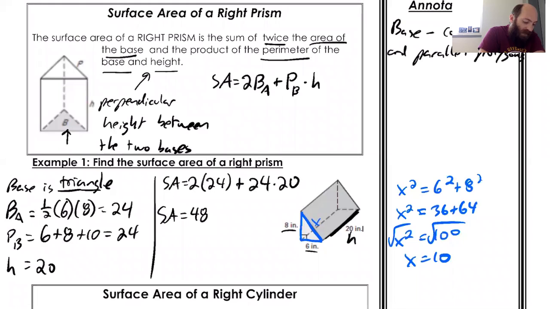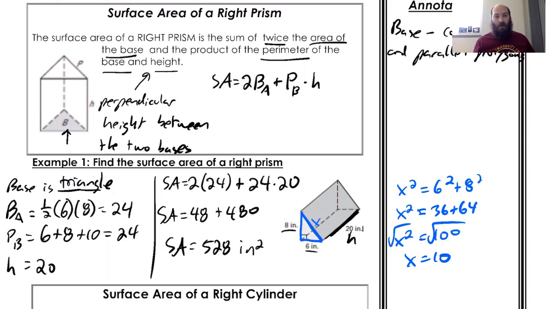So that's going to be 48. This is going to be 480. Add those together, and I get 528. And this was inches, so my surface area is square inches. All right, that's it. Now, the other thing we might have to do, sometimes depending on the problem, I'll have